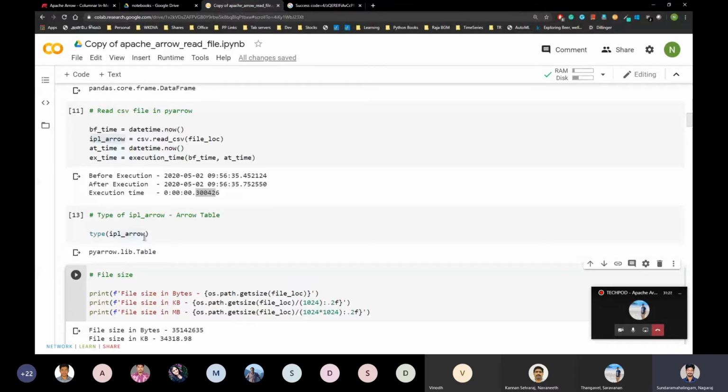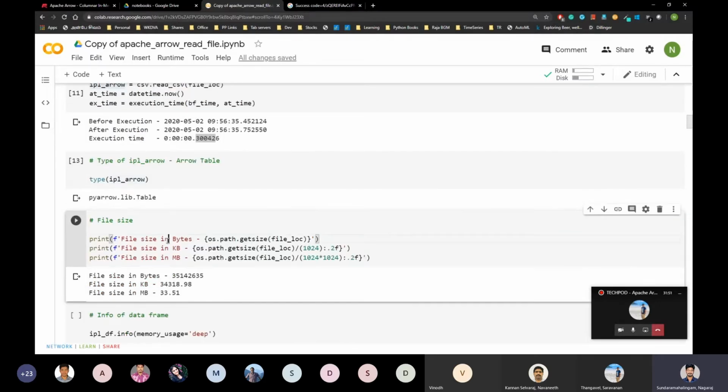The base object of Apache Arrow is the Apache Arrow table. You can convert that Arrow table to other formats like pandas and NumPy, which are the Python objects for doing data analytics. If you are using Java or C++, you can convert that Arrow table to your programming language's objects.